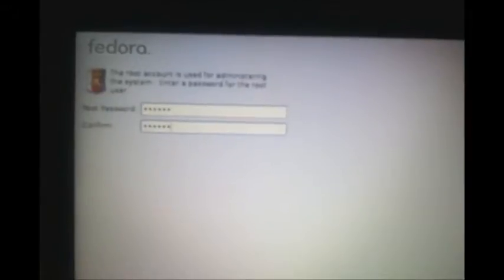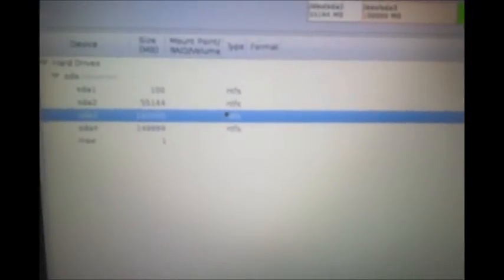Here, suppose we have typed 1 2 3 4 5 6, so all the administrator work will be done using this password. We want to use the sda3 hard drive partition, which is 100 GB in our system, and we can also change the size of the partition, but first we have to delete the partition, formatted as NTFS, which is currently NTFS because NTFS is supported in Windows. We are about to delete the partition. It is now showing us 1 lakh MB free space, or approximately 100 GB free space.